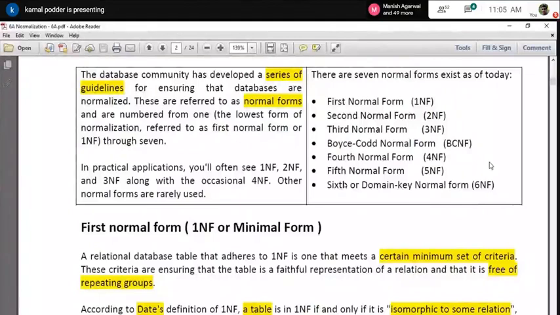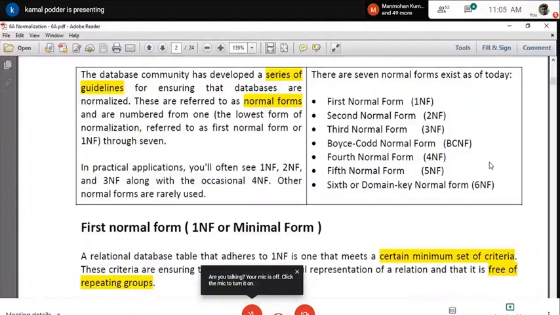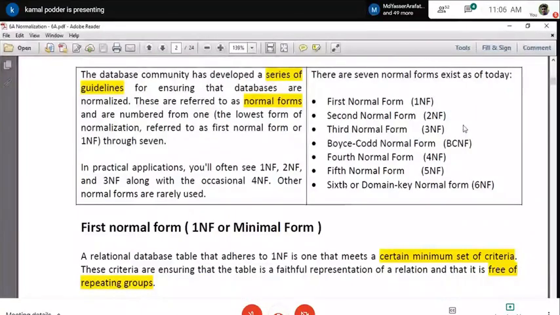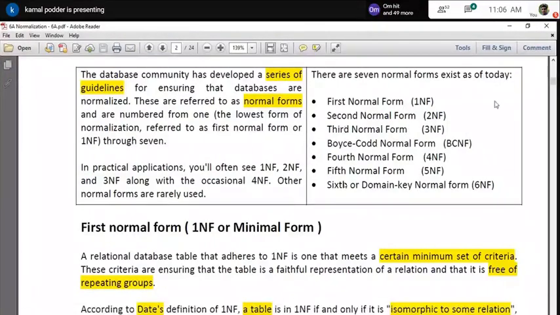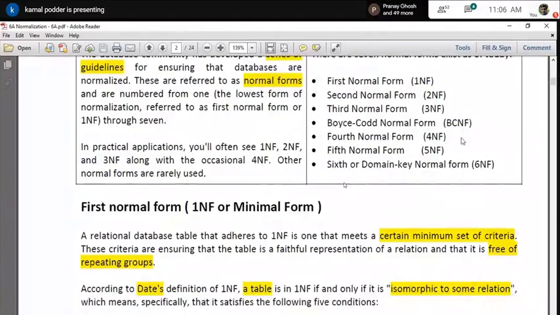As per the guideline you have to design the table so that there should not be any chance of anomaly. But still, if you find that in some rare cases, for some data, some type of anomaly is occurring, then you have to think whether you need to apply a further normal form or not. That is the reason these first 3 are very important. I'm not saying that the others are not important. The only thing is that they are rarely used in the practical field.